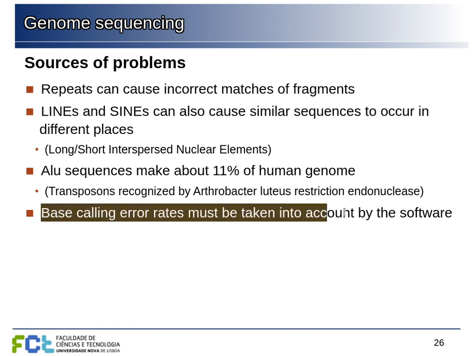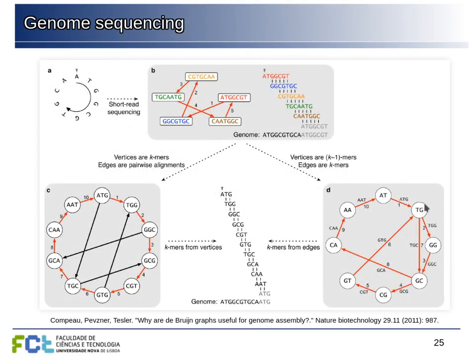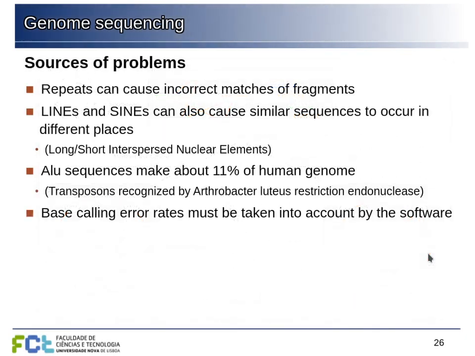And then, of course, there is the problem of the errors in sequencing. If 1% of the bases are incorrect, then all of these algorithms become a lot more confusing, a lot more complex, because they need to take into account those errors. And in particular, these De Bruijn graphs used just simply in this way are very sensitive to base call errors, because then you'll have the wrong connections here and everything will go wrong from there. So in practice, there are lots of complexities in these algorithms to take into account all of these problems, but